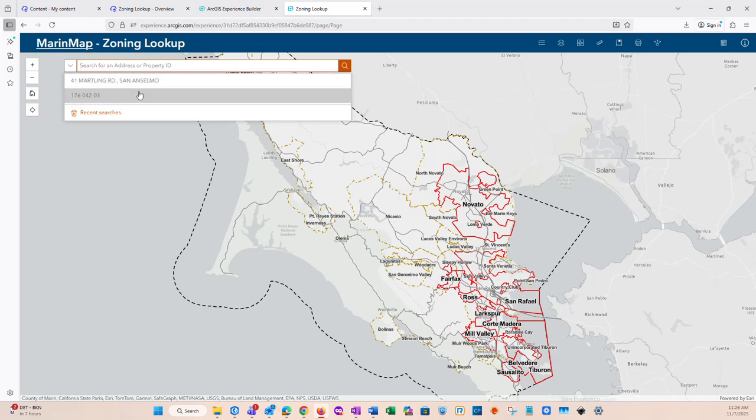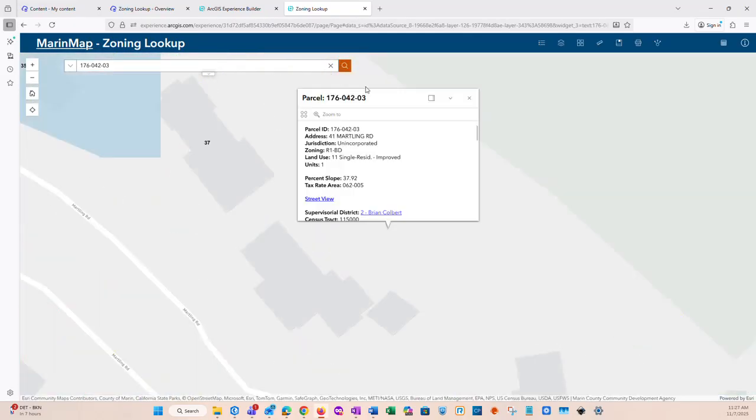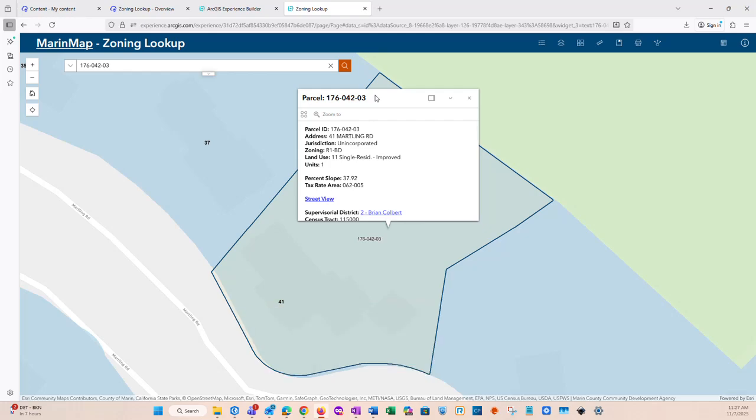As you can see, I've got some example searches that I've already run. Those are my recent searches, and those will be carried over between sessions of the application being opened. So if I have a property ID that I want to search for, I can go ahead and enter that in. I'll just click on this one here because I've already looked for it. So I'll click on that and then I'll click enter, and that will zoom me directly to that tax parcel